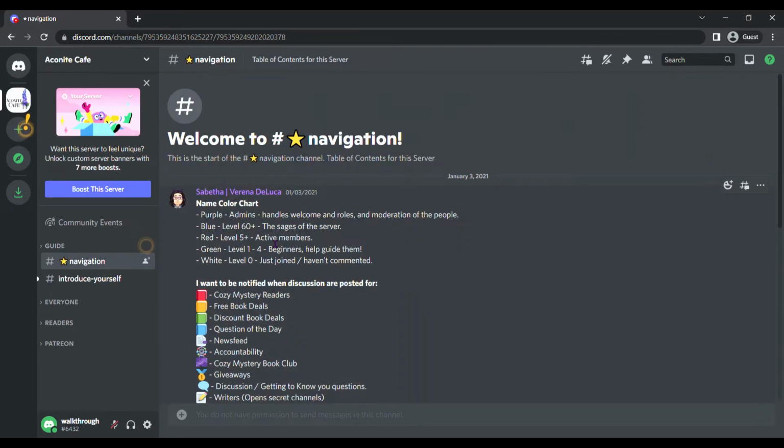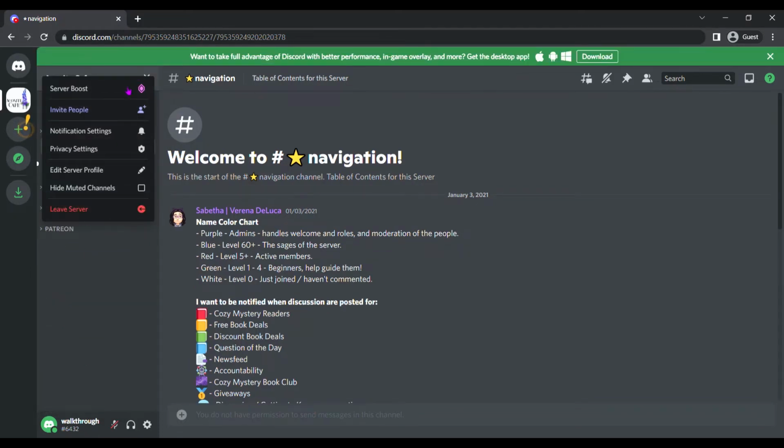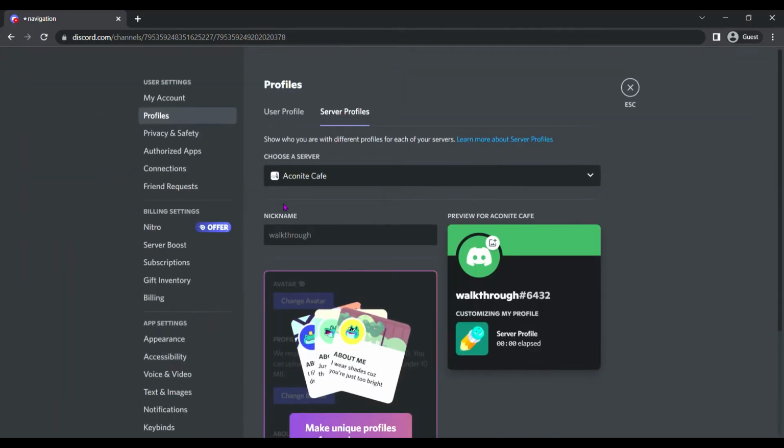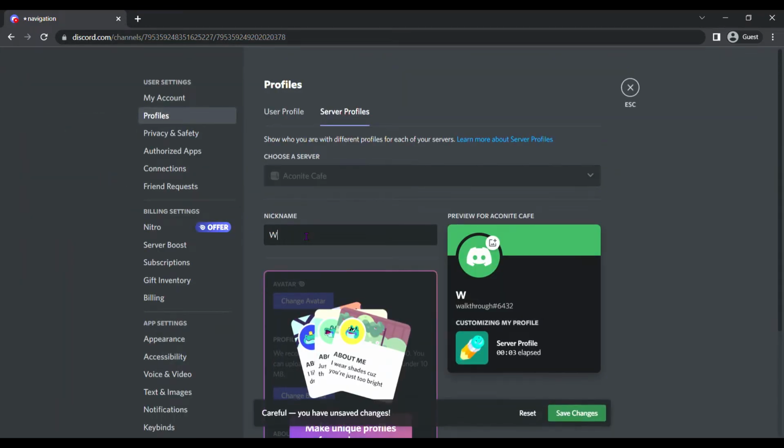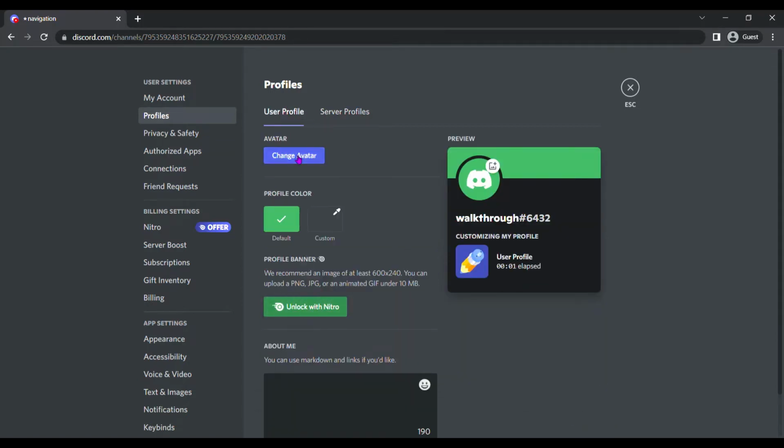Okay, so now that we have the basics of the server down, let's start by changing your username and avatar photo. So when you first sign up, everybody is going to see you as whatever you chose to be your username, but we can change that by going to the drop-down menu here and hitting Edit Server Profile. So first you can change your nickname and use capital letters and symbols and I believe emojis, and make sure to hit Save Changes. And then you can click on User Profile, and this is where you'll be able to change your avatar and change your profile color